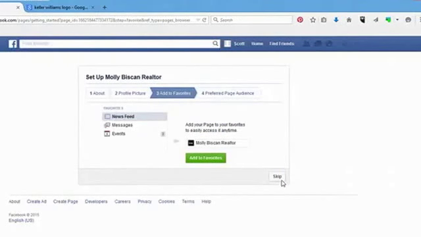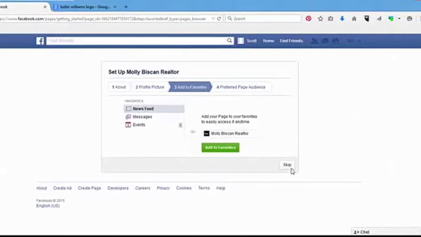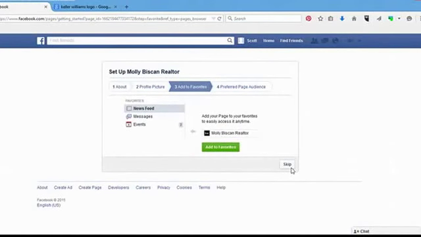But when I click the next button, then it's going to say, do you want to add it to your favorites? Whenever you log into Facebook, the favorites are going to be at the top left up there: newsfeed, messages, events, as you can see. If you add this to your favorites, it'll just make it that much simpler for you to find it later on. So if you want to, click the Add to Favorites option. Alright, and it'll add it right over here. So whenever you log into Facebook from now on,